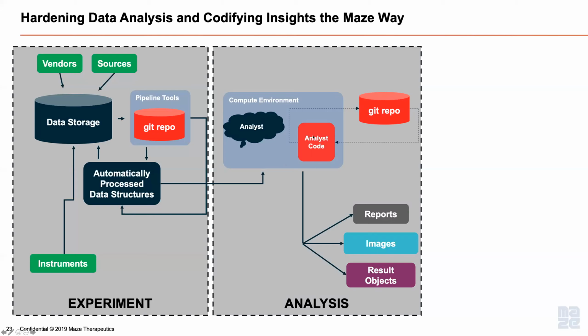They would generate usually some sort of code that would interact with these processed data structures, which is again saved in one of these repositories, which really just means that we're able to all see the work that the others have done, and we can see how we've changed our code and what decisions we all made. That analyst will then